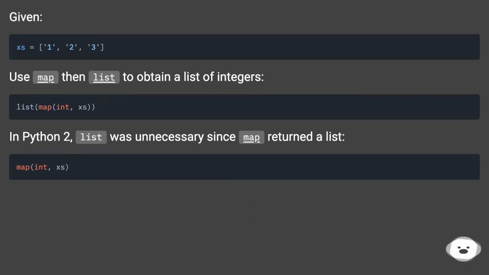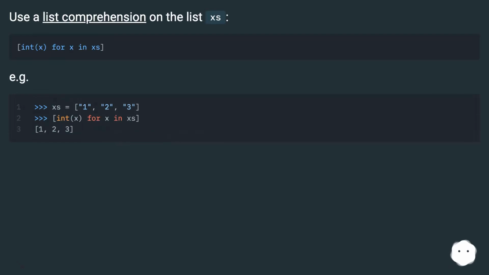In Python 2, list was unnecessary since map returned a list. Use a list comprehension on the list. For example,